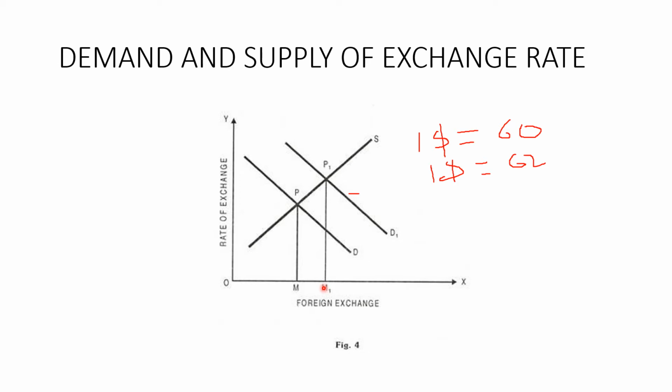This happens when the country has a surplus balance of payment. When the country has a deficit balance of payment, the supply of US currency increases in the market. Then the demand for Indian rupees will fall, and this will again lead to a depreciation in the Indian rupee, or the rate of exchange will fall. So this is all about balance of payment theory. Let's see some assumptions regarding this theory.